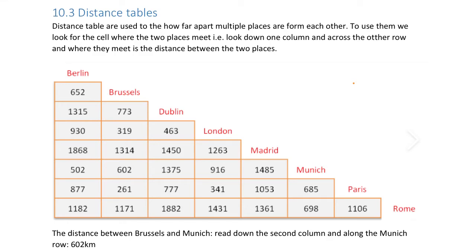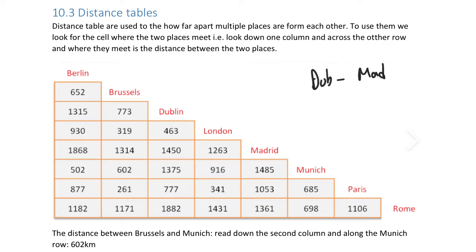10.3 Distance tables. Distance tables are used to show how far apart multiple places are from each other. To use them, we look for the cell where the two places meet, and we go down one column and across the other. So if we're trying to look for the distance between Dublin and Madrid, what we do is